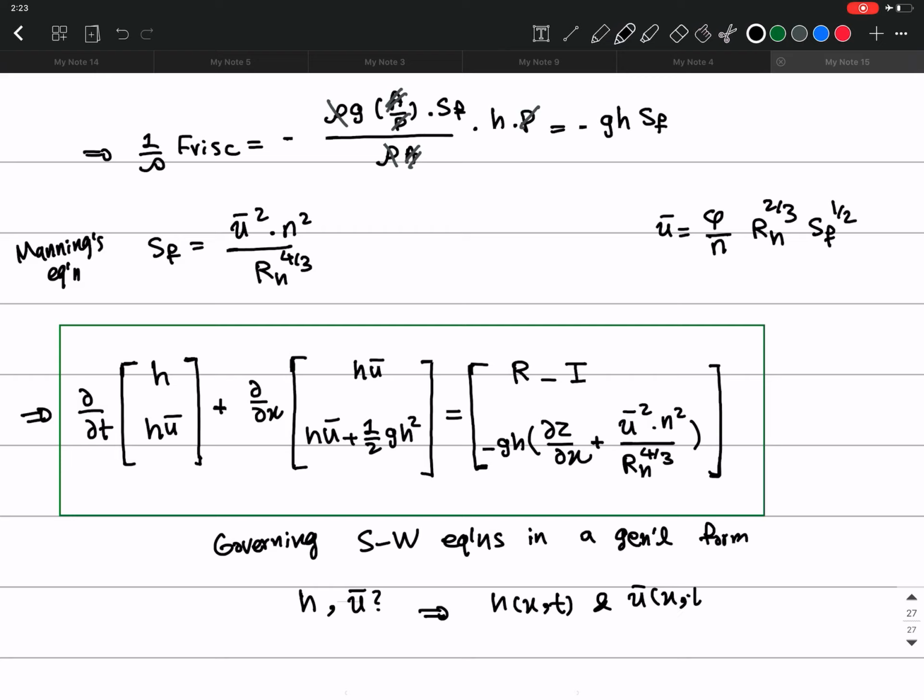So you can solve this and finally get a solution in terms of time and space for h and u bar. As you go, you can integrate this with respect to time from time 0 to time, say, n, and then at different locations you're going to get the shape of the depth of the water, as well as your u bar, or the velocity of the water. Okay,